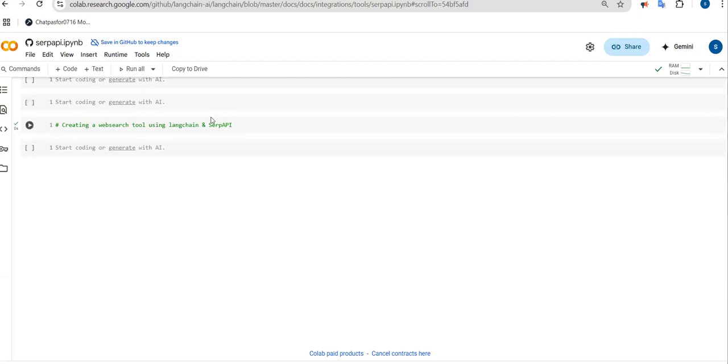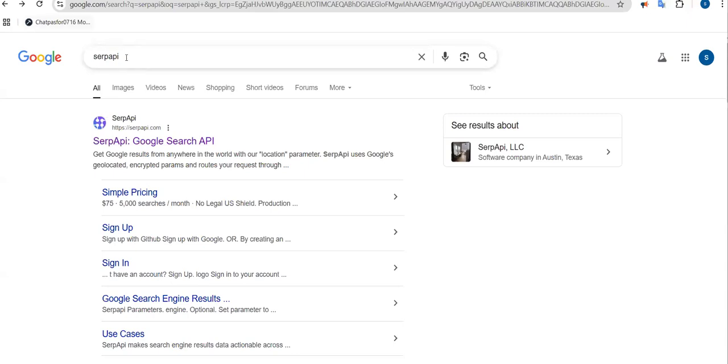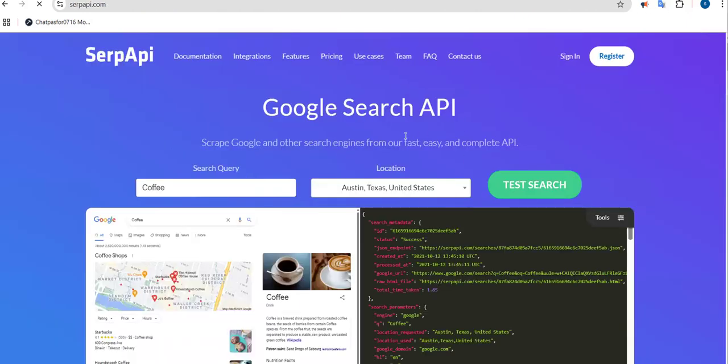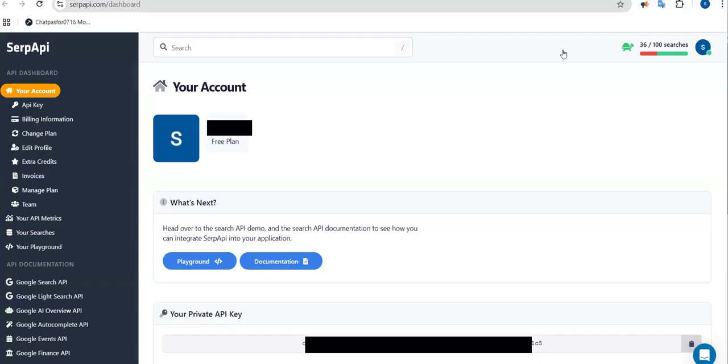for this SerpAPI. For that, first you need to search for this SerpAPI so that you can open https serpapi.com. Then inside it, you just click on sign in. Since I already have an account, you can see it already signed me in successfully, and you can see your API key is also available to me here. If you just scroll it up,